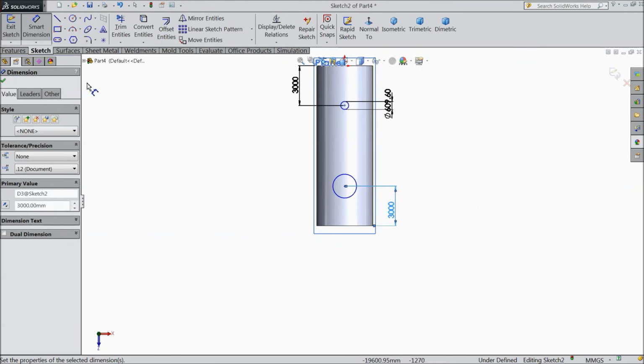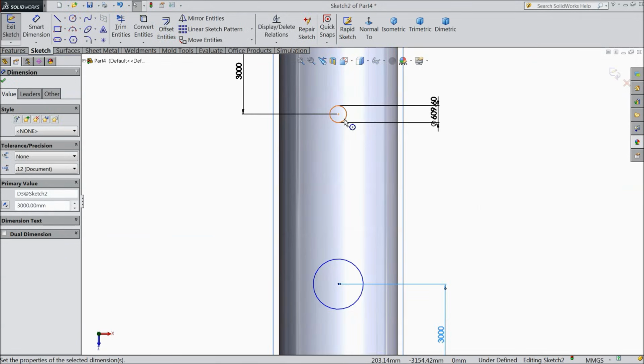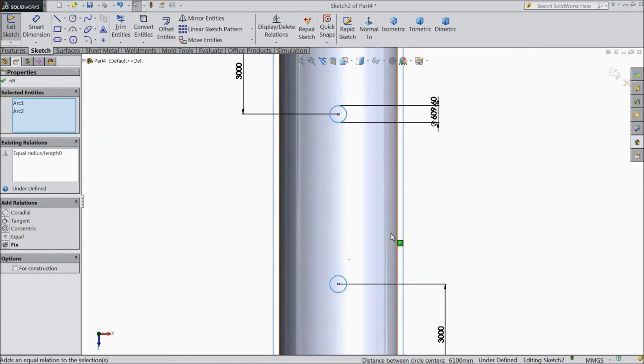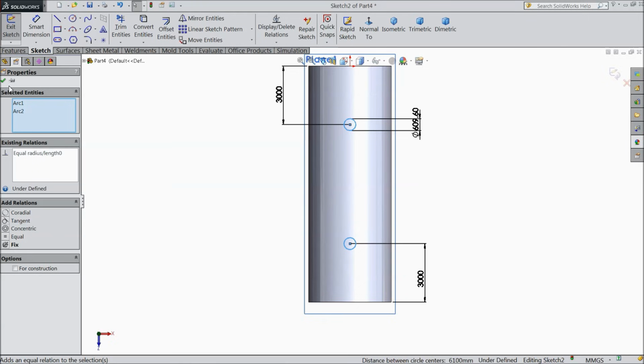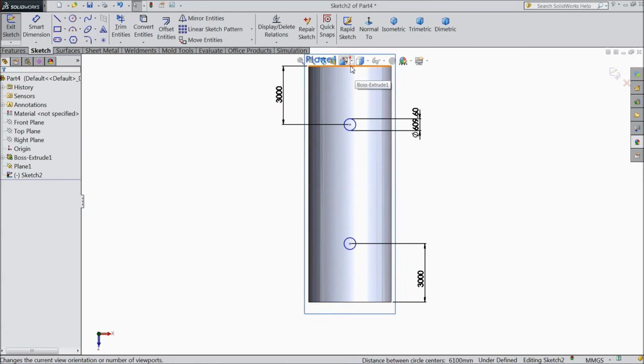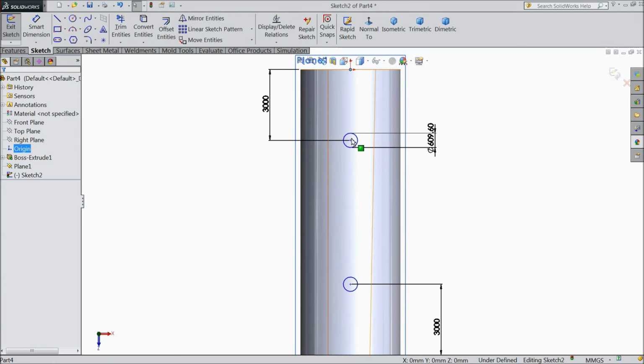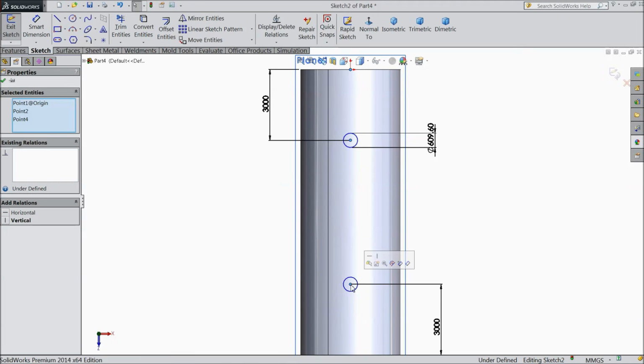Select this small circle and this circle, and make relation equal. Now select the origin point and both the hole center points, and make relation vertical.